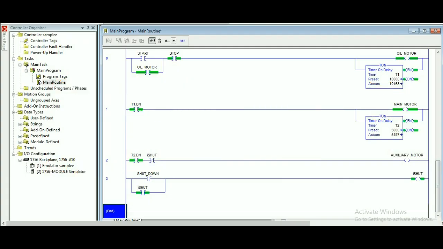Now that the iShut internal bit is taking care to turn off the auxiliary motor once shutdown has been pressed, we need to look at the second step of the shutdown sequence. And folks, before we proceed and add the necessary instructions to fulfill this requirement, let me bring one thing to your attention that I came across a few days ago in one of my personal tutorings. The guy asked me, I have a problem to specify how and where to start a solution on a problem level or even a simple and single requirement level. That's when it hit me that this simple question not only is extremely important,